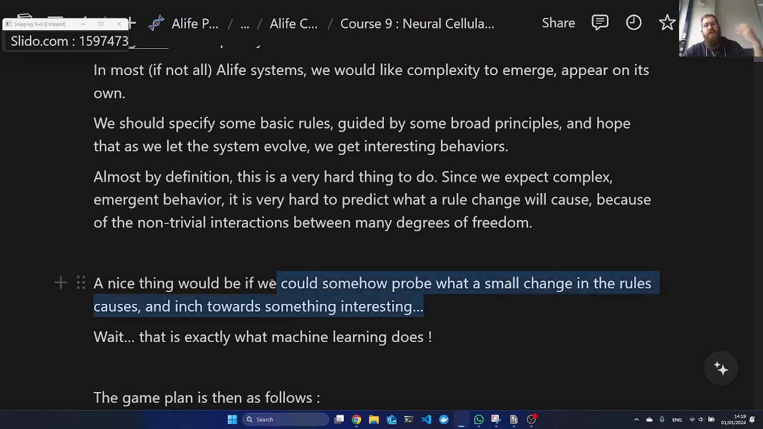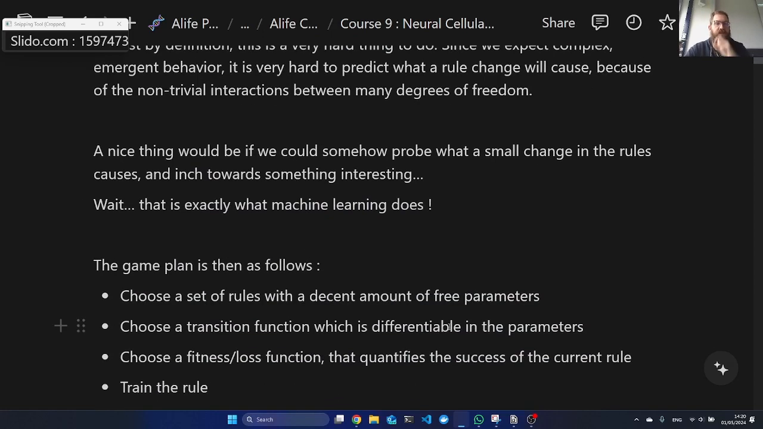But what I described here, doing a small change, looking at what the changes are, and then going back and doing another change, little by little, is more or less exactly what machine learning does, right? So the game plan